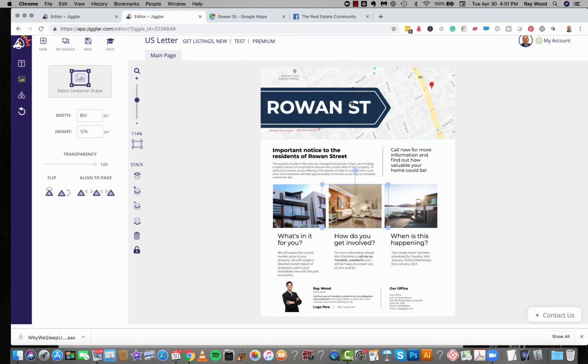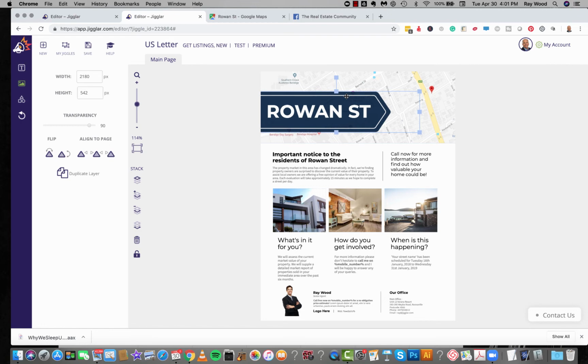I like the colors. If I want to scale this back a little bit, I can do that with my transparency tool up there like that, so I can see a little bit more of the map behind it. But I kind of like the way that it was. So I press Control Z, or I can press this undo tool there like that. And it's basically that straightforward. That's all I need to do. I can post that to Facebook if I want. If I'm going to have some fun with it, getting out into the area, do something generic like that. But it works much better as a dedicated